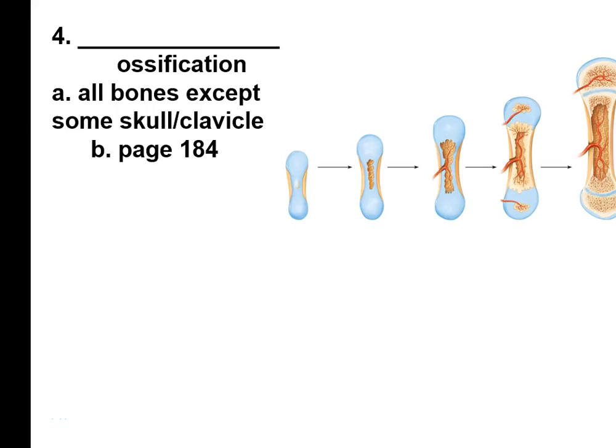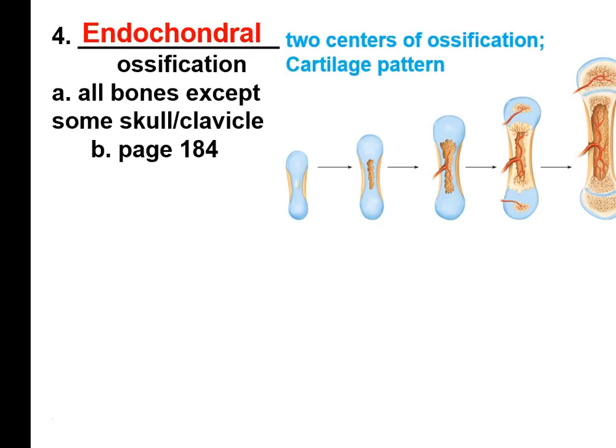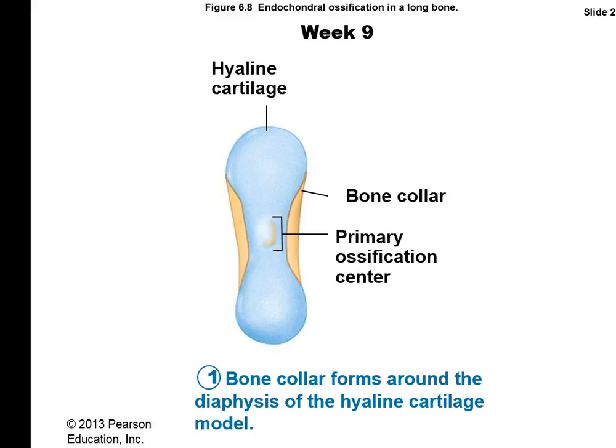The other way we make bone is called endochondral ossification. That root word chondra means cartilage, so this is going to happen in the cartilage pattern. All the bones, except for some skull bones and the clavicle, form this way. There are two centers of ossification, and what we have is a cartilage pattern. In your book, figure 6.8 shows that about the 9th week, the cartilage that was there on the pattern,